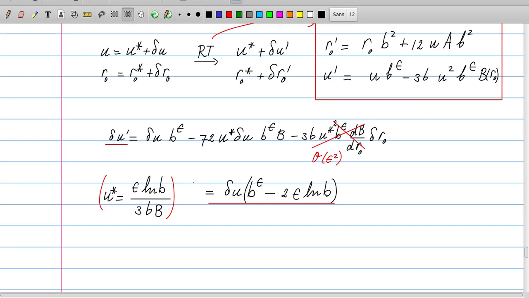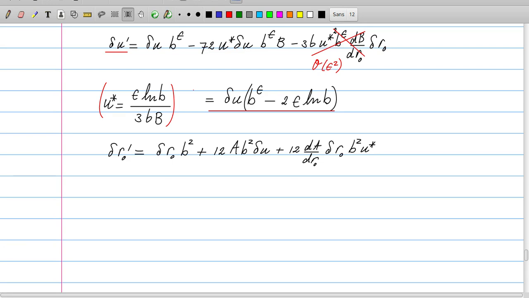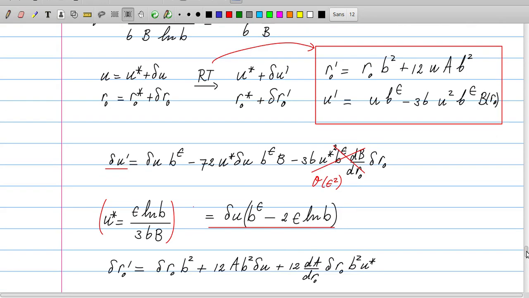So we have this expansion which contains the factor u star. We know what u star is, we have found it before, and if we plug that in, it's very nice. This 72 over 36 gives us a 2, and the capital B cancels against this one. So these two terms now yield these simple 2 terms. And we see that delta u primed is just proportional to delta u. Then we move on with delta r0 primed. If we take again the equations and work that out, we see obviously a delta r0 times b squared. Then there is a term with delta u arising from this term, and just like in the case of B, we have an additional term dA/dr0, because A depends on the parameter r0, multiplied by delta r0, and then